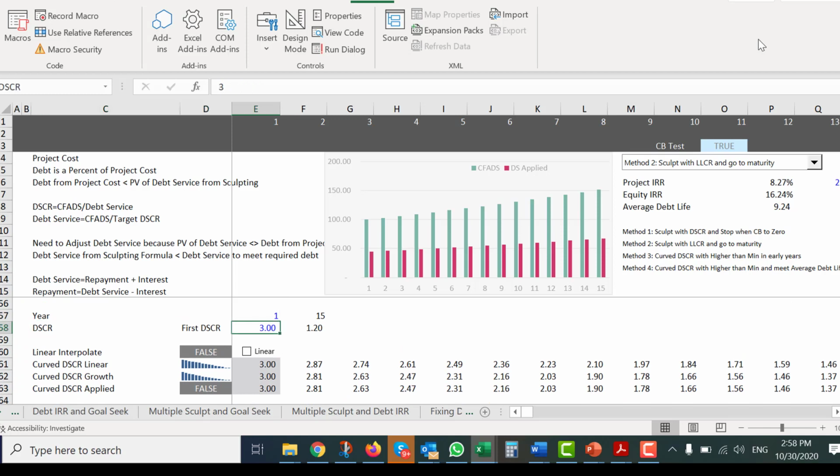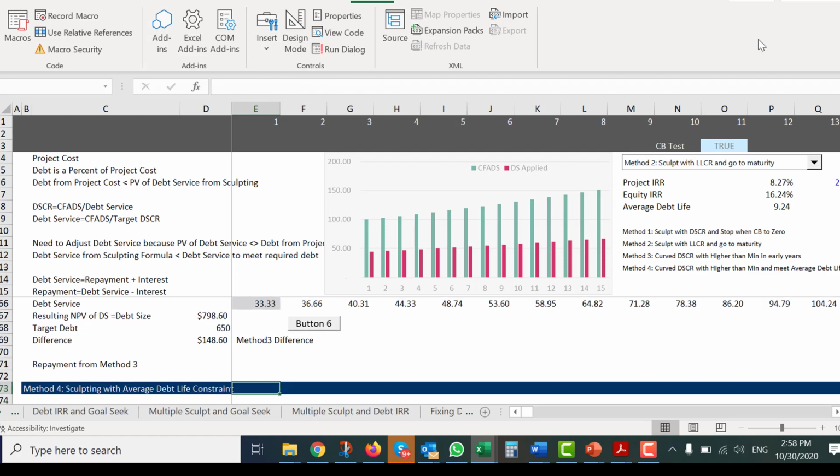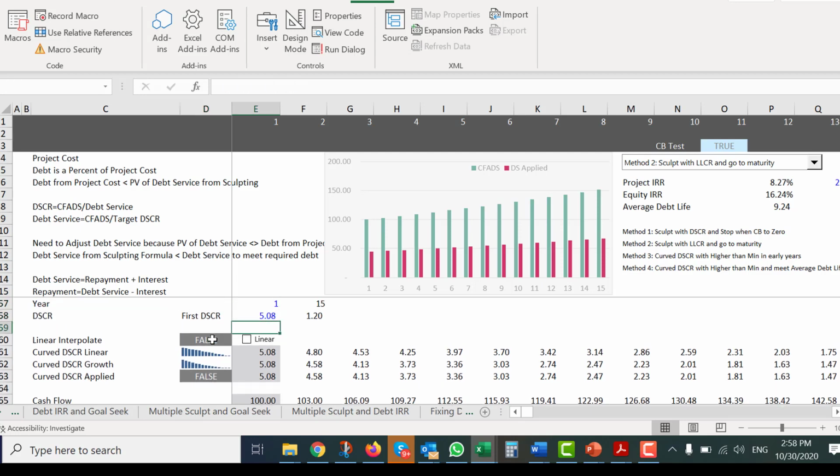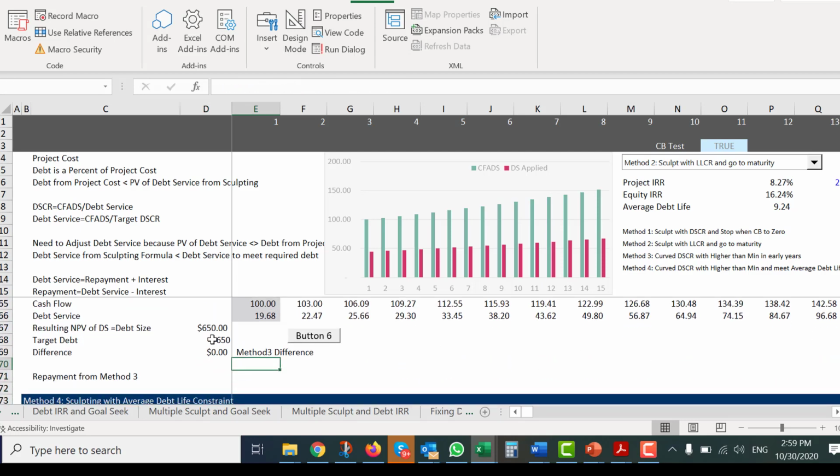So we're going to do a goal seek. We're going to find this number, and right now we have too much debt. And if we have too much debt, we're going to have to increase that DSCR. And if we increase the DSCR at the beginning, I think we'll pay less. So what we're going to do, I made a macro that just does a goal seek. It sets this number to 0 by changing that one. So right now, it's got a really high upfront